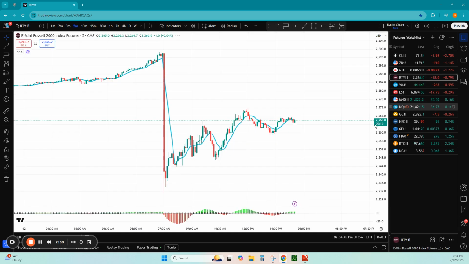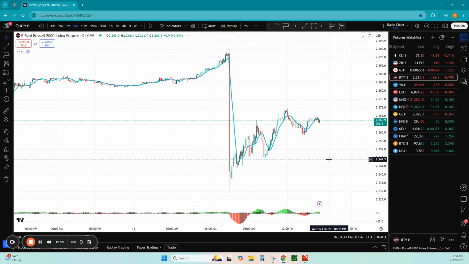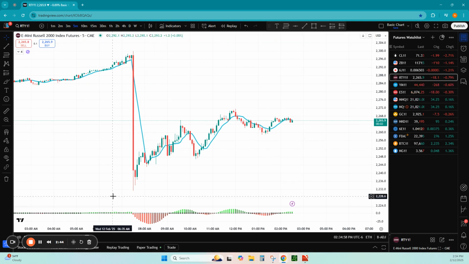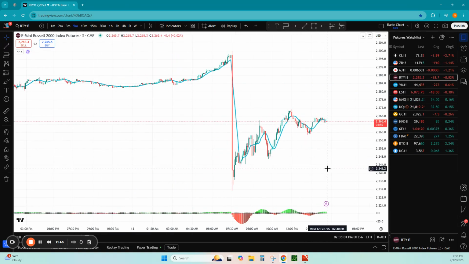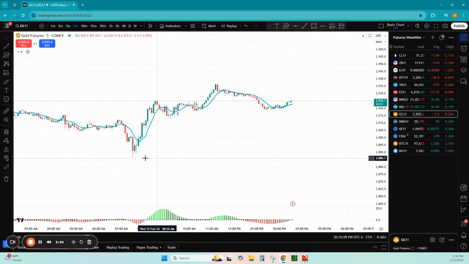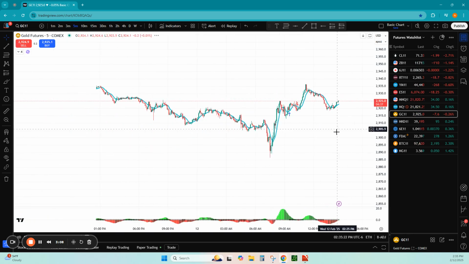Okay. What about small caps? I never really look at small caps. I'm usually on TopStepX, showing my chart on TopStepX. This is TradingView. So let's go ahead and look at RTY while it's here. Same thing, push down and just retracing back to the upside. Okay, how about gold? Let's just look at gold too. Why not? No real reaction to CPI. Well, I guess there was a slight reaction. I mean, it's right in this area. And we've just been pushing and then flatlined. Okay, so